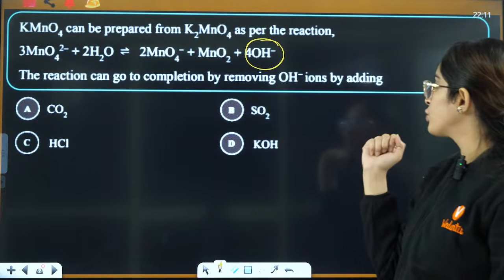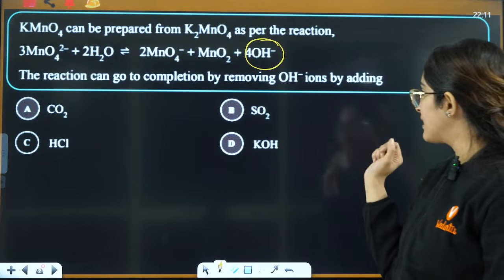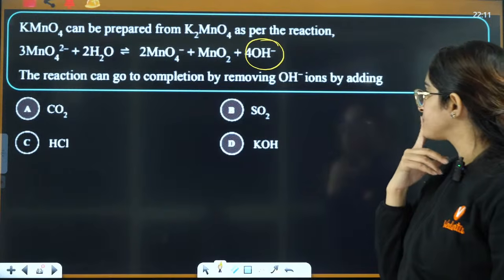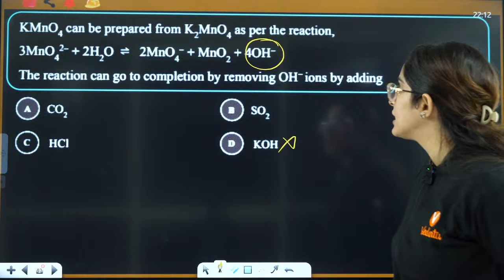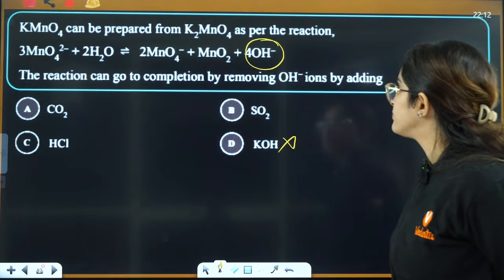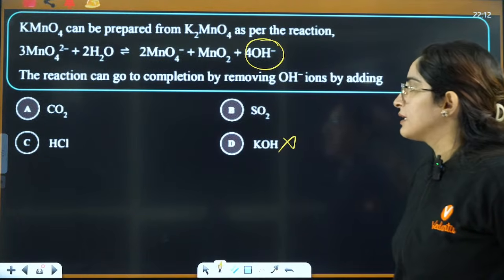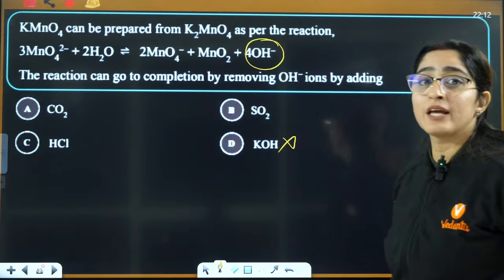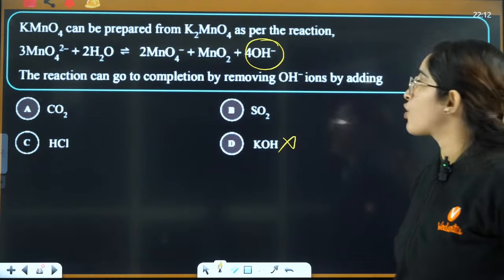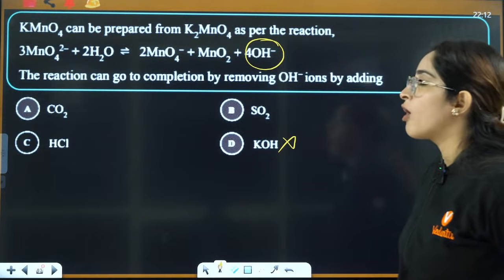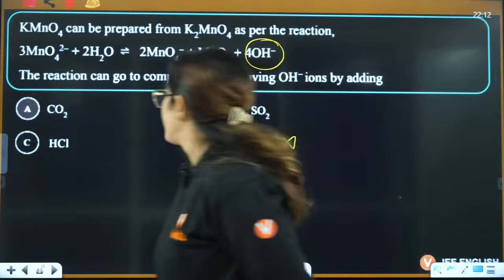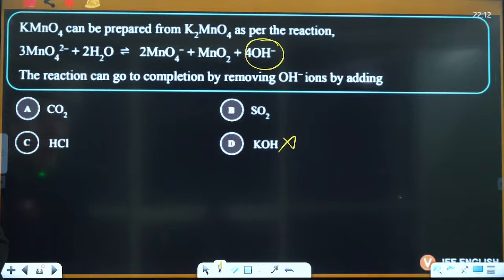You can use CO2 or SO2 or HCl or KOH. See, KOH definitely will not be used here, right? Now you may also think, ma'am, we can use HCl, but HCl is a very strong acid, right? If you use CO2, it will form HCO3, that is a bicarbonate ion. I think we should use